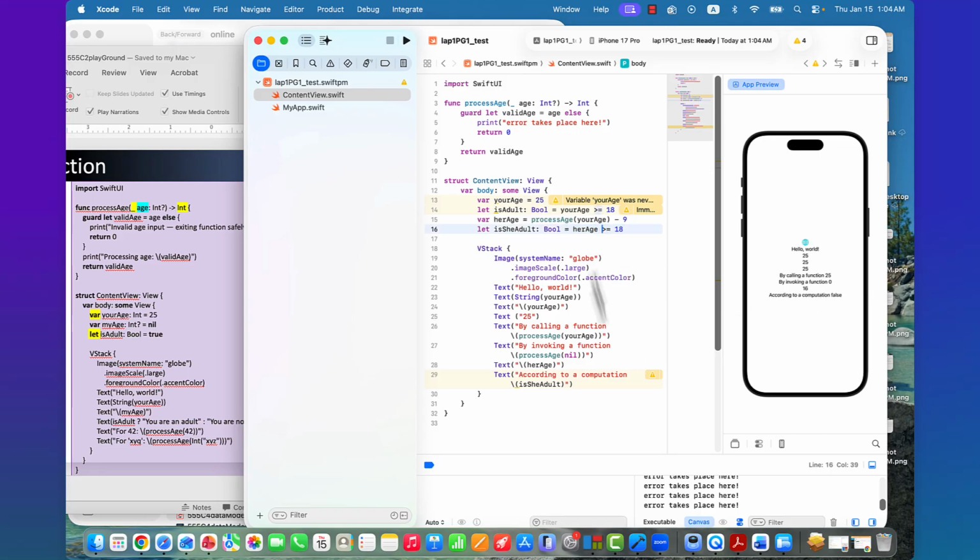False. This kind of thing, so that we can call this function. A function can be called here in this declaration, and also the function can be called like this in this view. I think so. We have some of the error messages come up here.